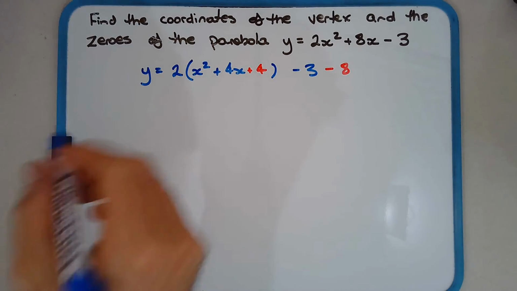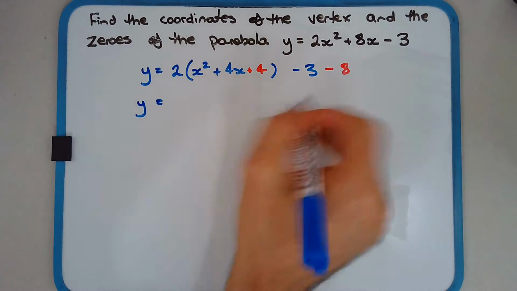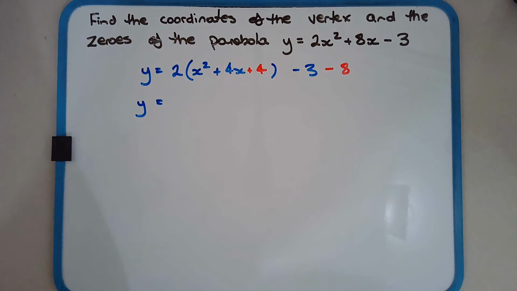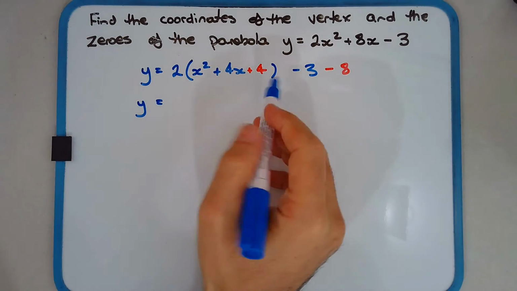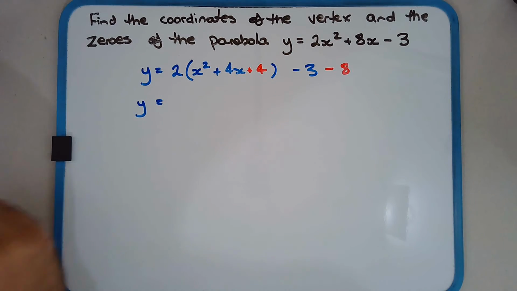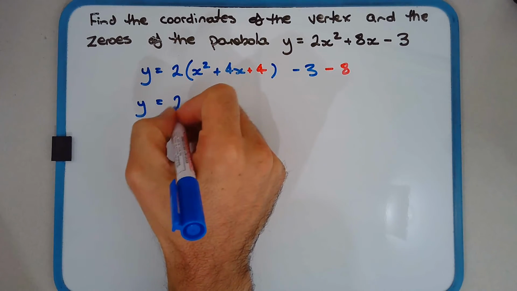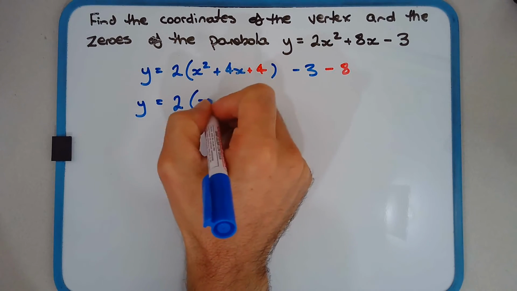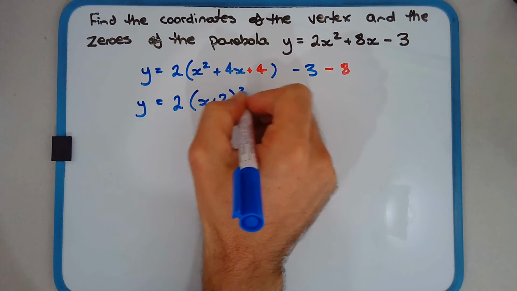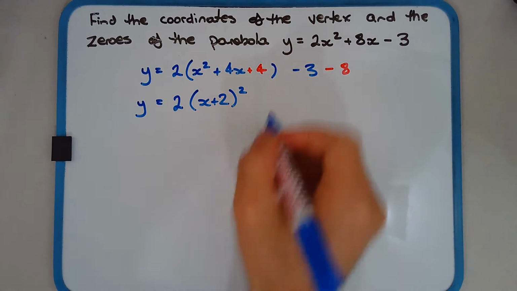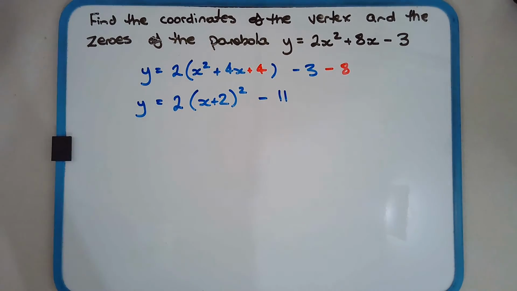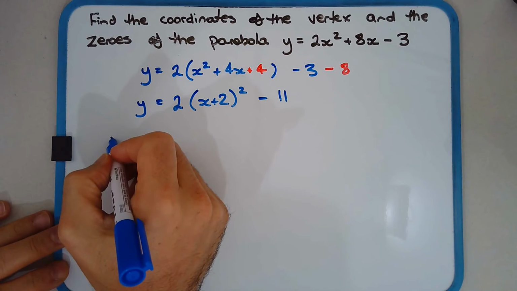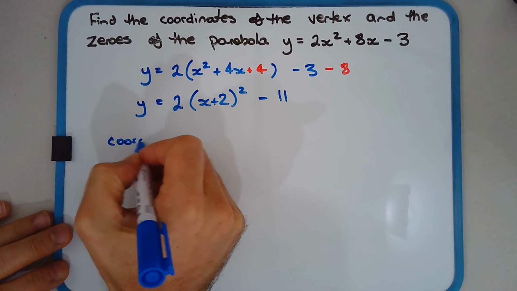Now what we can do is express what we've just come up with in perfect square form. So we can in fact factorize what's in the brackets. That's going to be 2 outside of x plus 2 all squared minus 11. Now, from that, we can read the vertex of this parabola. So the coordinates of the vertex